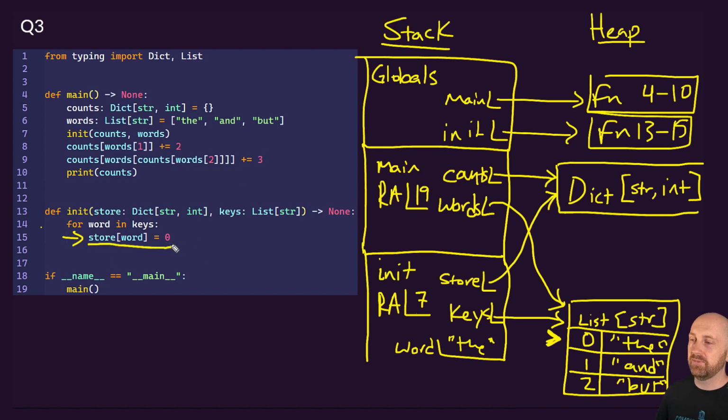And now we're trying to break down this particular line. And here we're saying, okay, the value 0 is going to be assigned to, and on the left-hand side, we're saying store, which is this dictionary. And when we see this subscription notation, or the square brackets, and we're thinking in terms of a dictionary, we're saying, okay, is there anything currently stored at the key the, right? So word is the string the. So this is the same as saying store of the string the